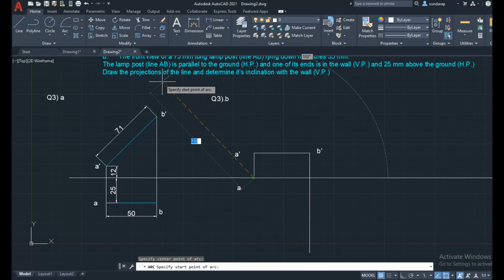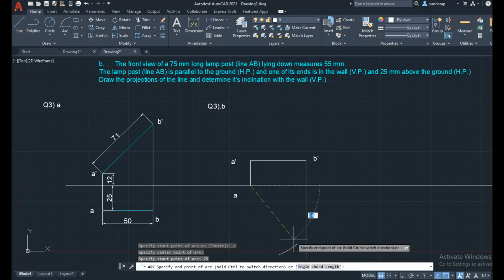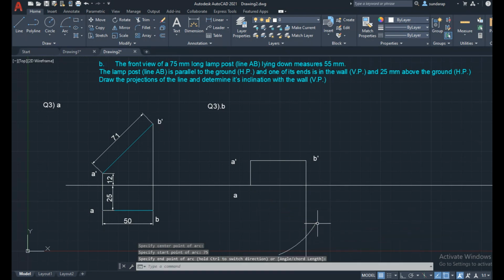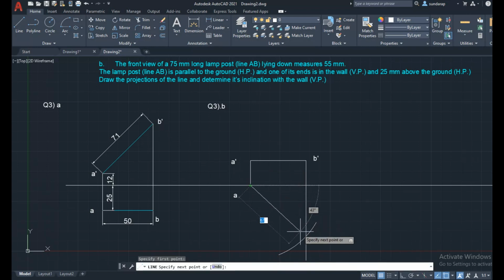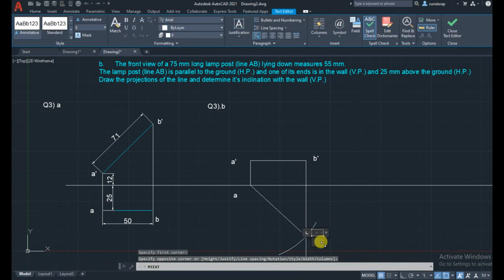Take the true length of the line, 75 mm, and draw the arc, which intersects the vertical line. Making the line, we got the 75 mm line as the true length. That is point B.